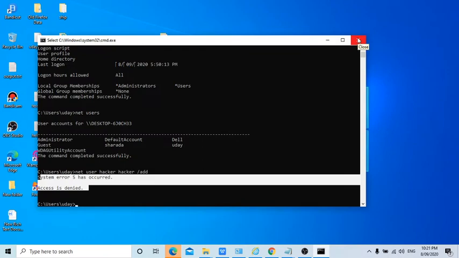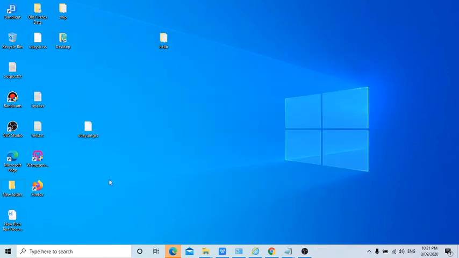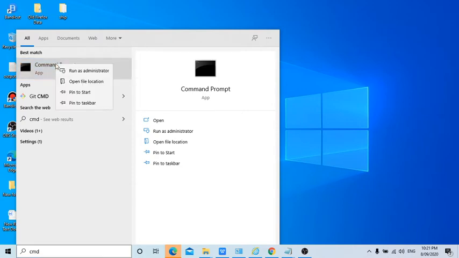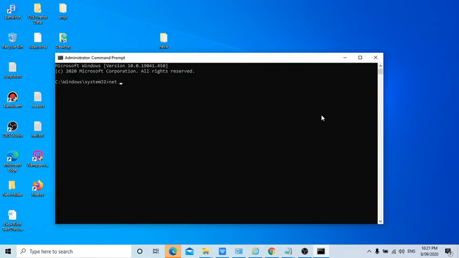That's the reason, guys, because most of the hack attempts, viruses and all, are happening in the backend. That's why in the latest versions of the operating systems, in order to execute some sensitive commands, you have to run it as an administrator. For that, you need to right click on the command prompt and run as administrator. So now net user username, and I'll try to create the password as Titanic /add.